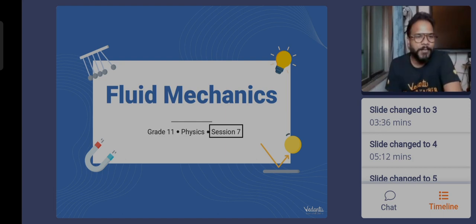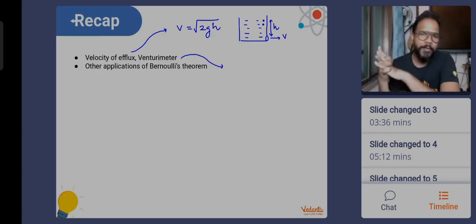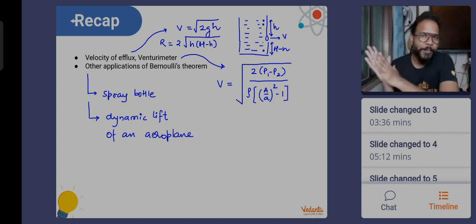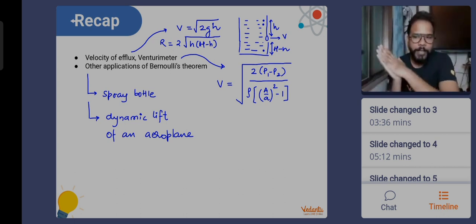Okay, everybody, so switching off the chat so that we focus on the screen. First, we'll obviously do a recap of what we did last time. There were very limited things that we learned last time. We spoke about the applications of Bernoulli's equation or Bernoulli's theorem. One very important thing we understood was velocity of efflux, in which we realized that when we have a container